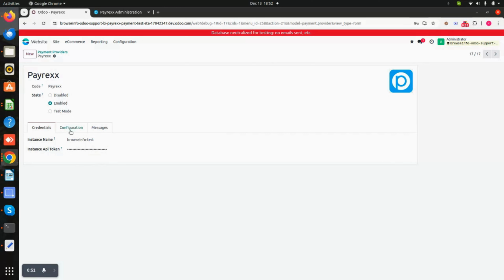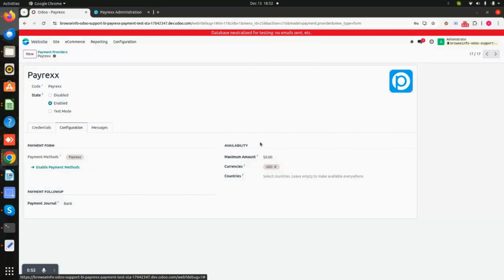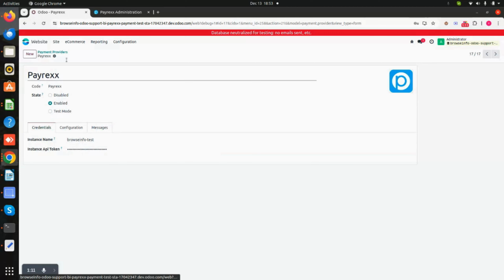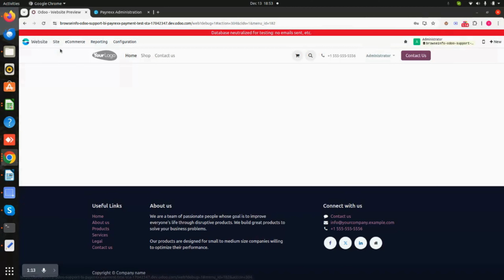After updating this in the configuration, you will be able to update all this information, that is the payment method, payment journal, maximum amount, currency, and the country. In the messages tab, you can update the help message, and if there is any pending, done or cancelled message, you can update those particular messages. And after enabling this Payrex and putting in the credentials, we need to go to the website